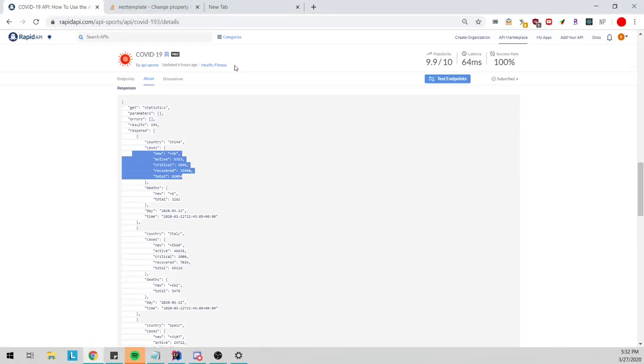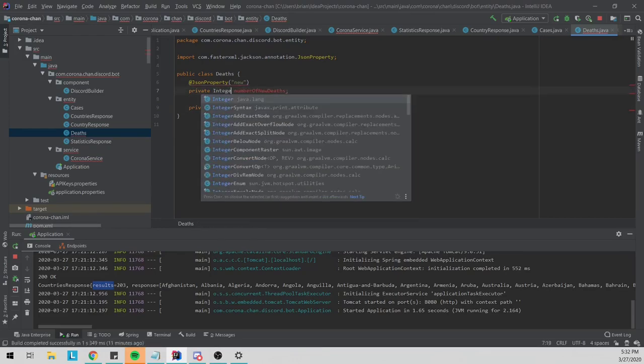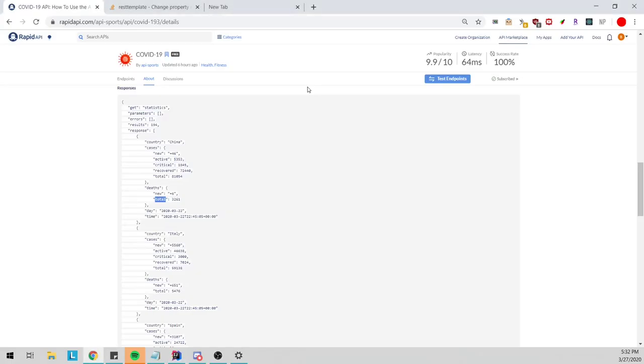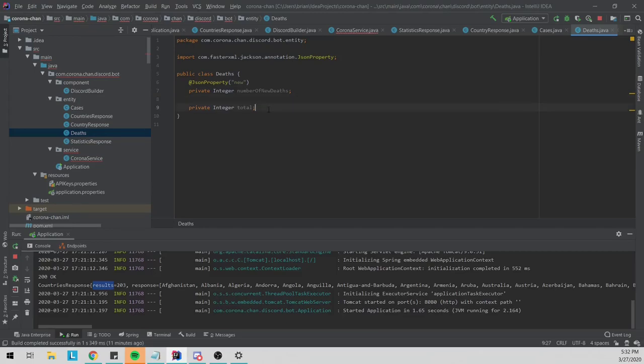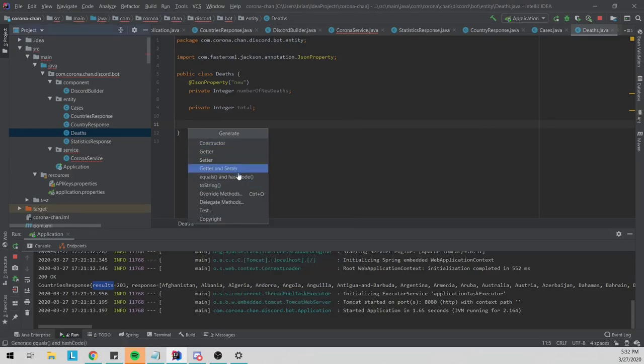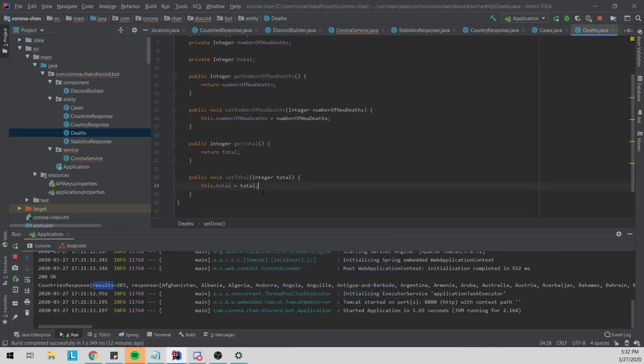How do you name something new? Silly. Actually, let's use integer. Generate getters, setters, and